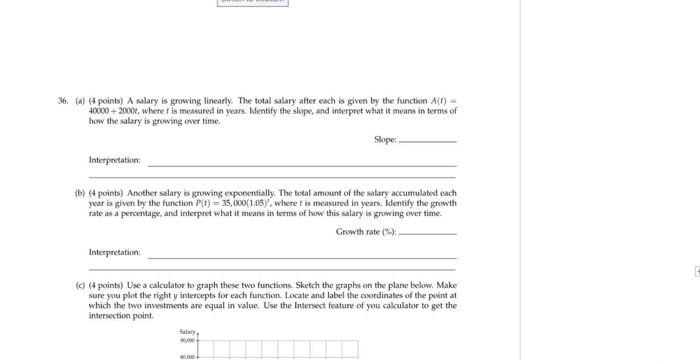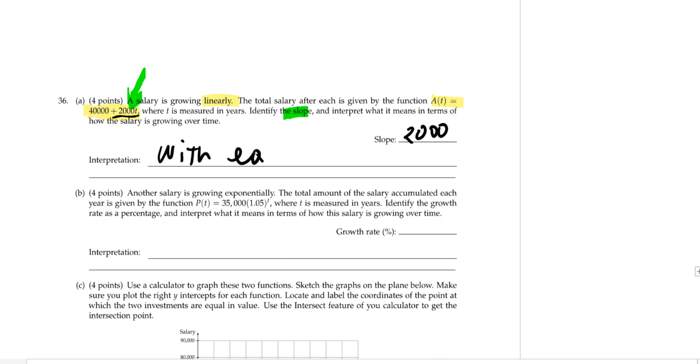All right, so the next one says that a salary is growing linearly and is given by this, where t is measured in years. Well, the slope is right here, 2000. So that's the slope. And what does it mean? It means that with each increase in time, with each year, the salary is increasing by 2000 because the slope is positive. So we would say the slope is 2000, and interpretation: with each year,